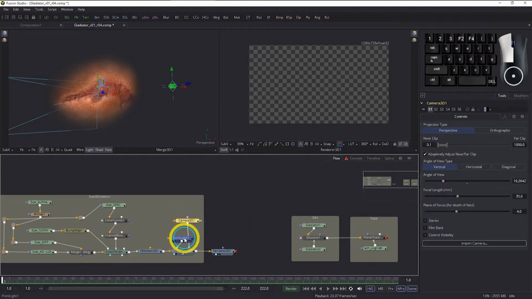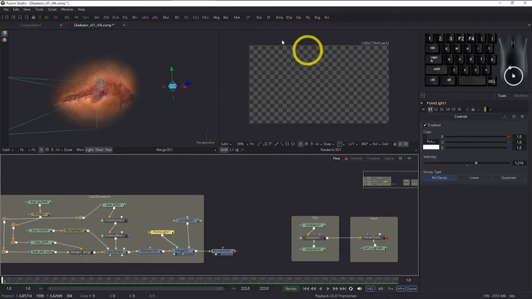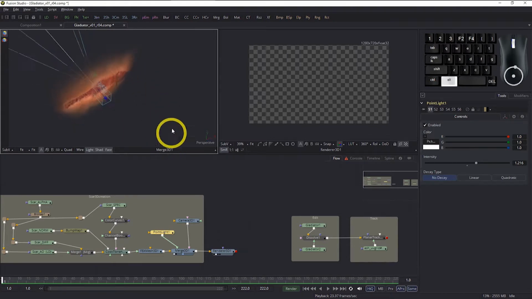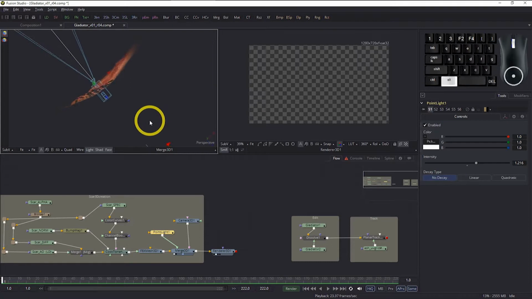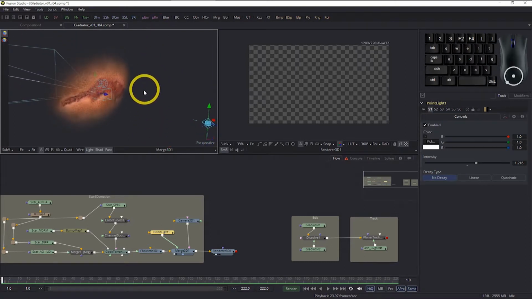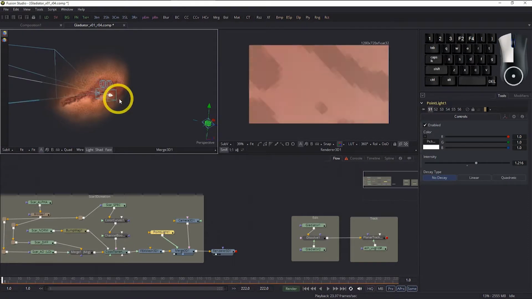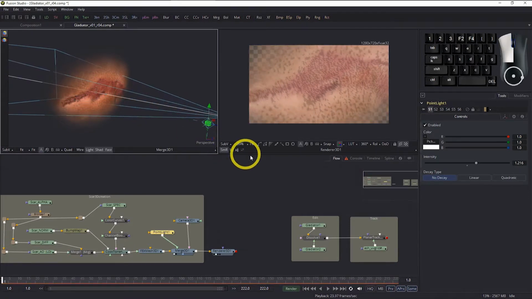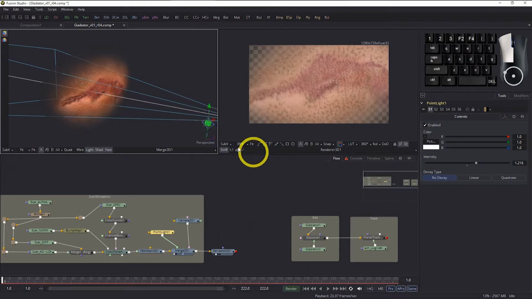There we are. As you can see, we lose this image over here, and that's because the camera currently, if we look over here, is at world 0, and it's right in the middle of the sky. In fact, it's slightly behind it because it's bent, so it's not actually seeing anything. So as soon as we pull it back, we should get something, and there we are. So now we are seeing our